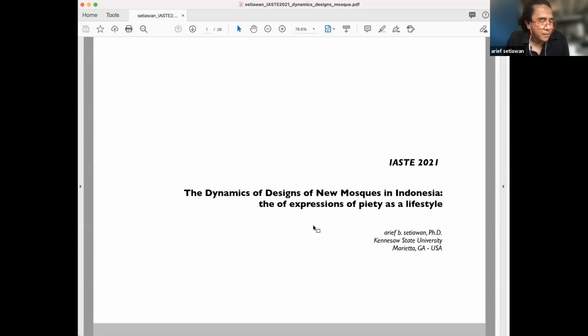Today I would like to talk about the expressions of piety in the built environment, which is actually about one facet of the politics of identity. And in this case, I would like to focus on what happened in Indonesia. Right? Now we are all aware today of the surge of influences of religions in every facet of our everyday life, in public life, in every part of the world, from the US, Europe, Asia, all the way to Indonesia. Indonesia itself is the largest Muslim society in the world. Nominally, it is